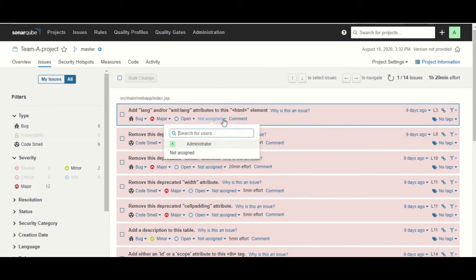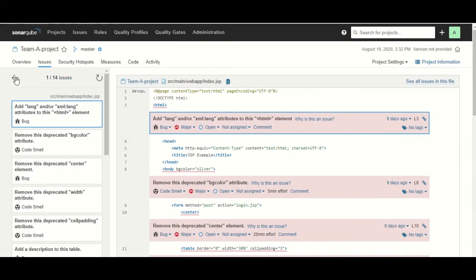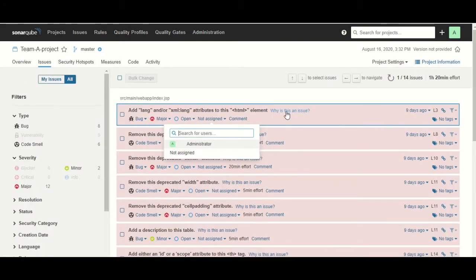It gives you an option to assign an issue to other users, like I have other users here, and there are other options like comments. This is the dashboard that all users can see and fix the issues accordingly. Next time when SonarQube runs, it will pick up the latest code and remove that particular issue.